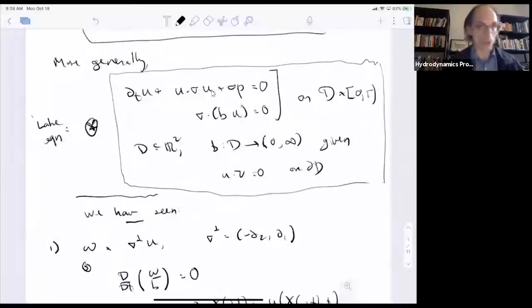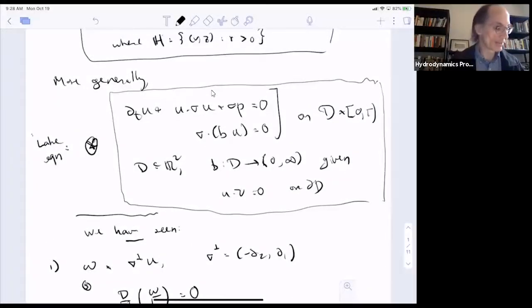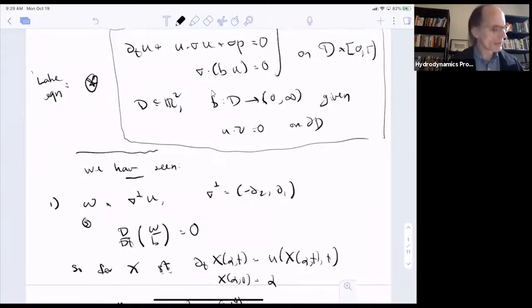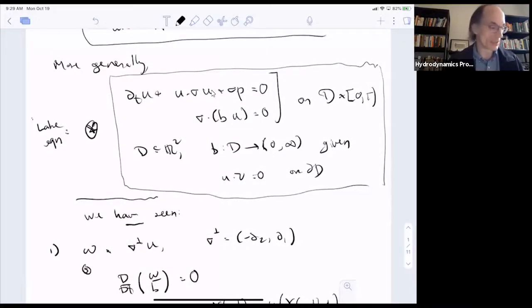And so here there were some computations I omitted where I have to take the orthogonal gradient, where I take the orthogonal divergence of this u dot grad u, and you have to mess around a little bit to get things in the form I've written here. But another thing I can do is, if I take the orthogonal divergence of this, that will give me dt of vorticity. And here, what can I do? We can write this,